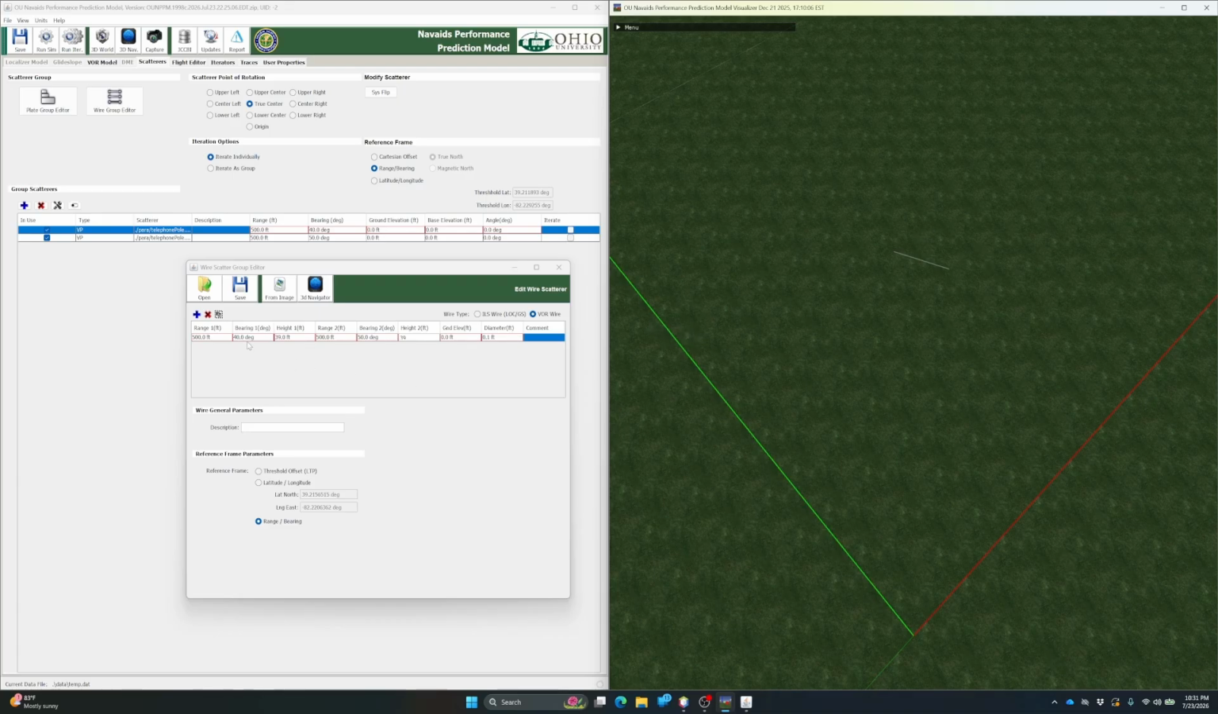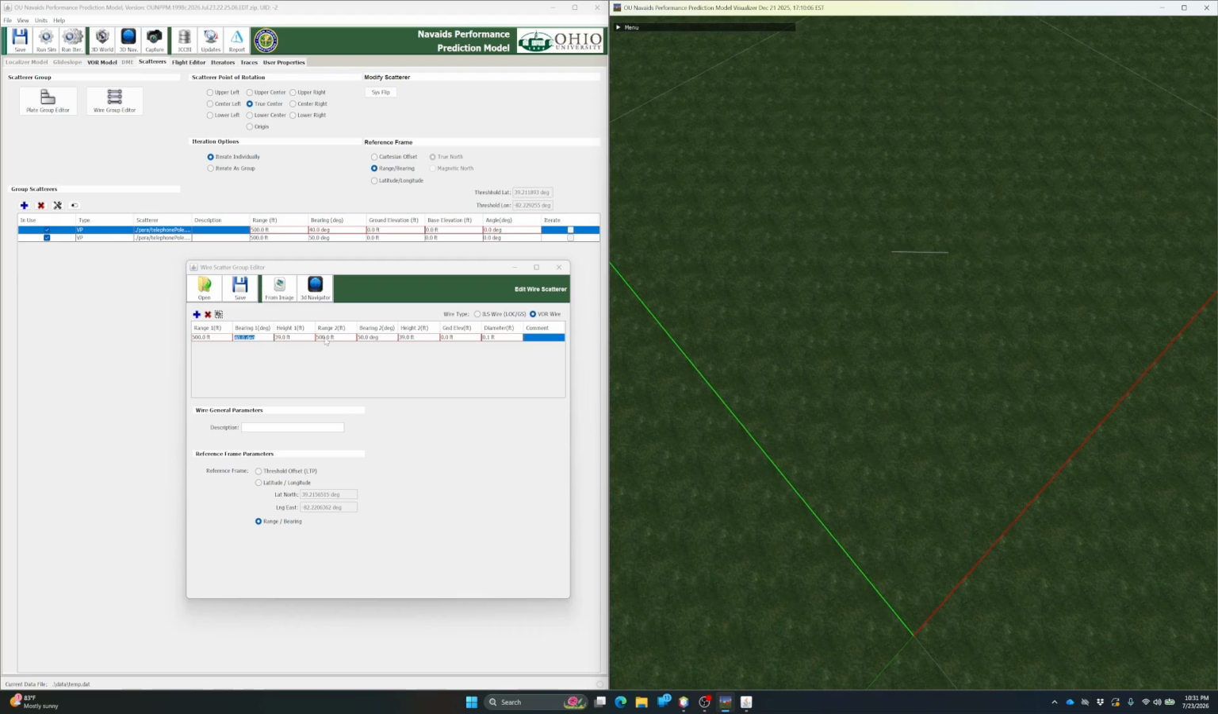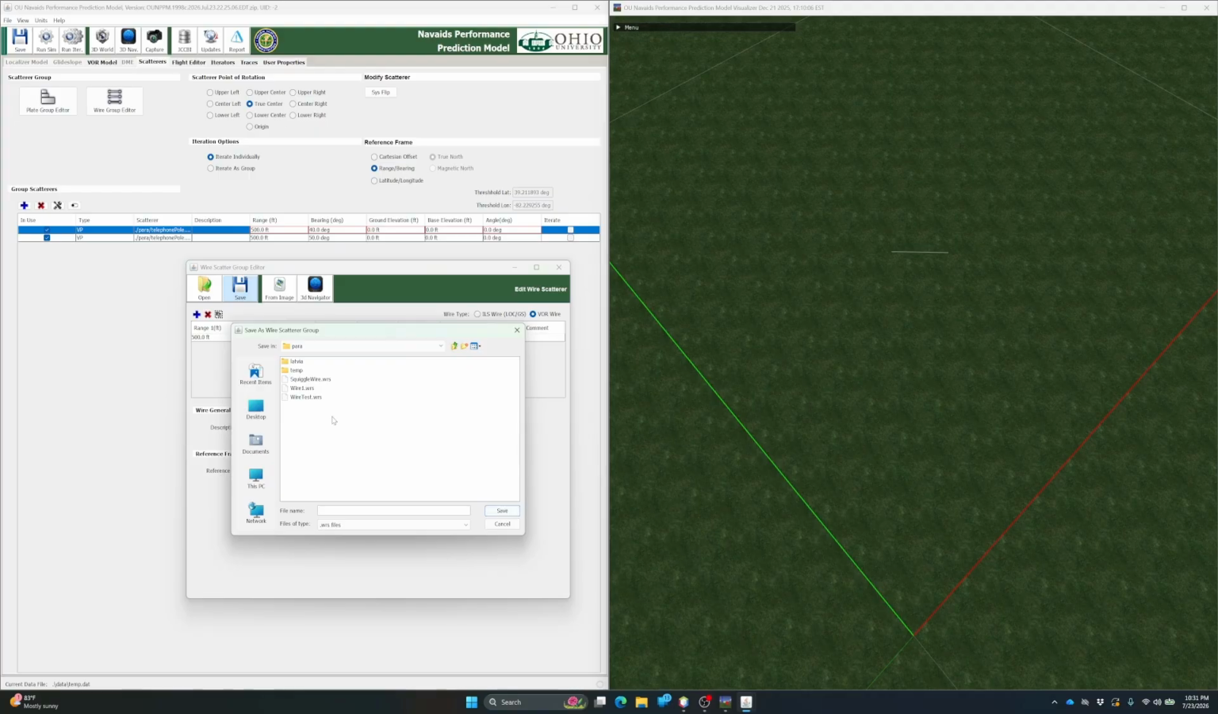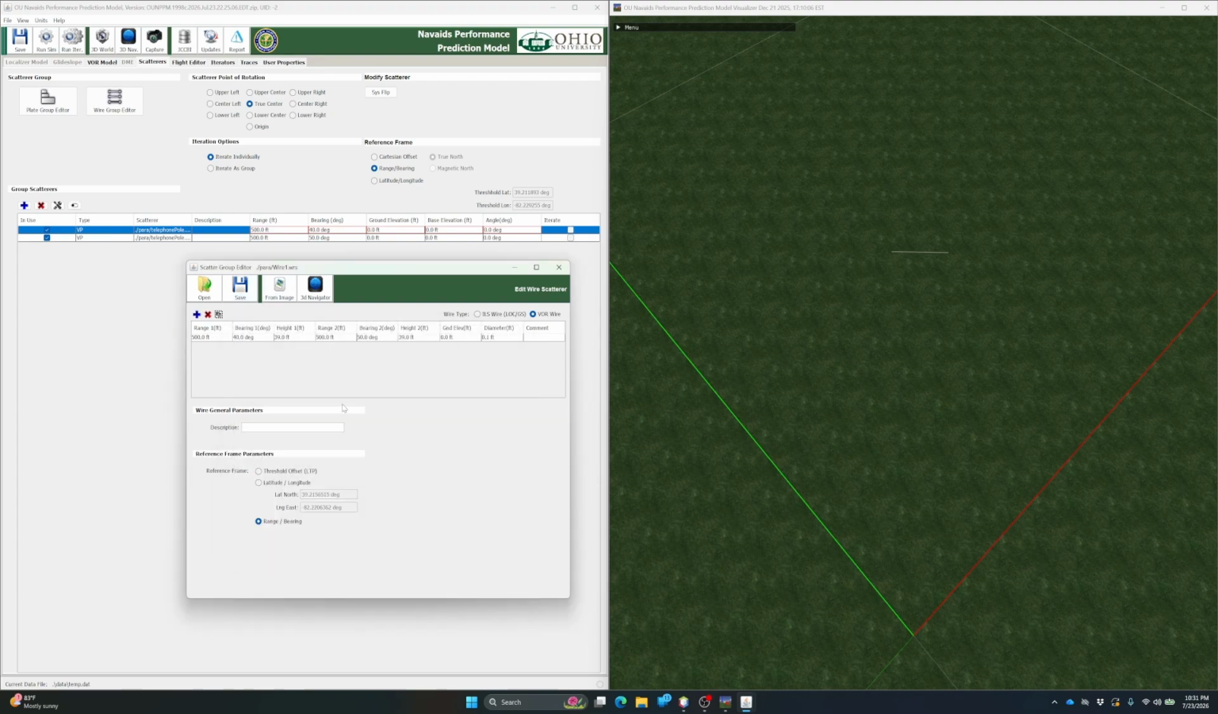wire here that is between a bearing of 40 and a bearing of 50. So we're going to go ahead and save this as, I'm just going to call it wire 1. You'll notice that the wire scatters have a separate, different extension than the plate scatters. And so when I add this to the world, it should be in the right spot because I didn't position